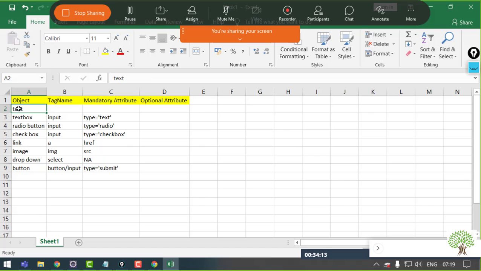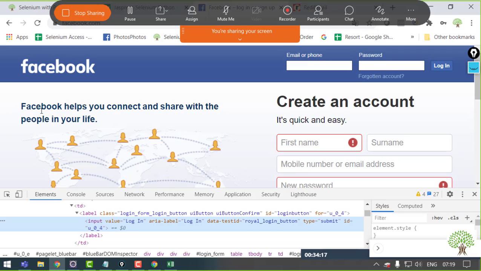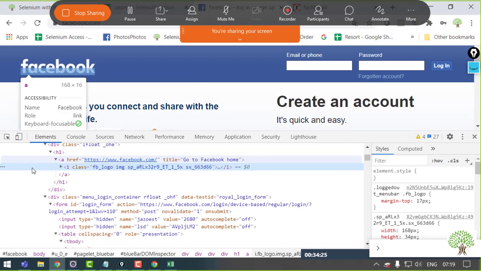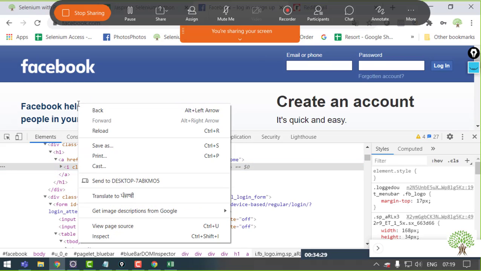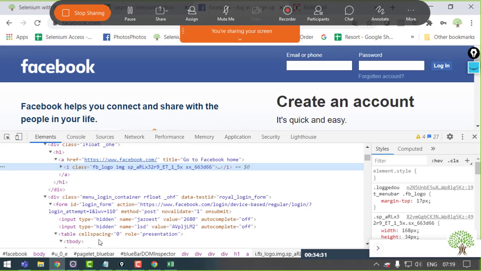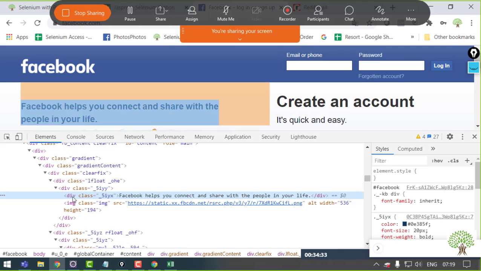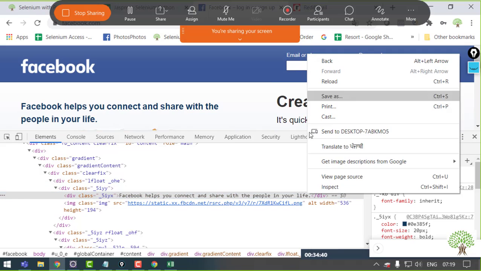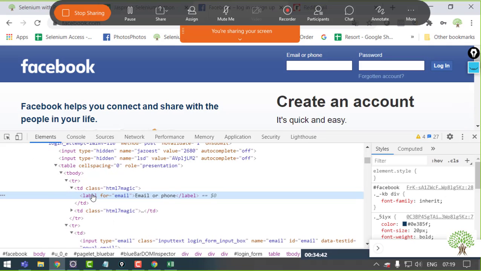Now we are left with the text. Now text is not bound with any of the tag names. It can have any tag name. For example, if I look at this Facebook text, it's inside an i tag. The same way if I inspect the rest of the static text, it's inside a div tag with a class. Then this email or phone text, it's inside a label.